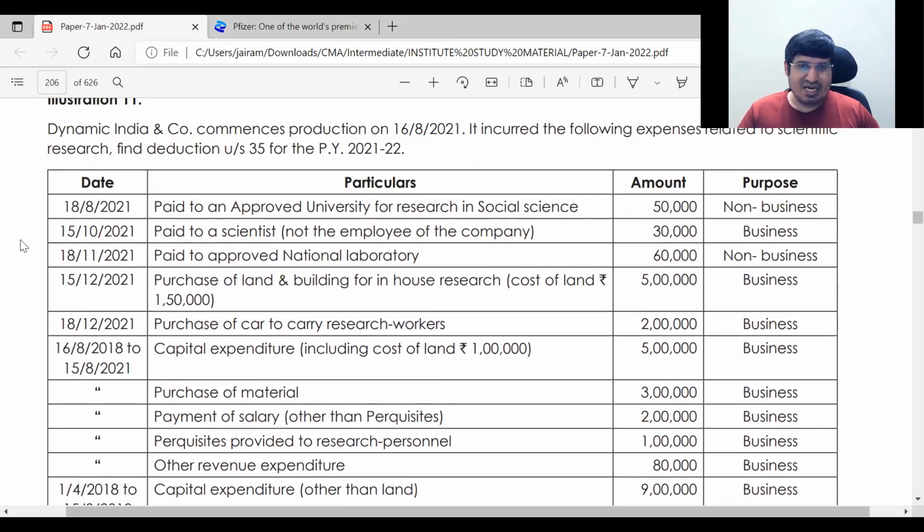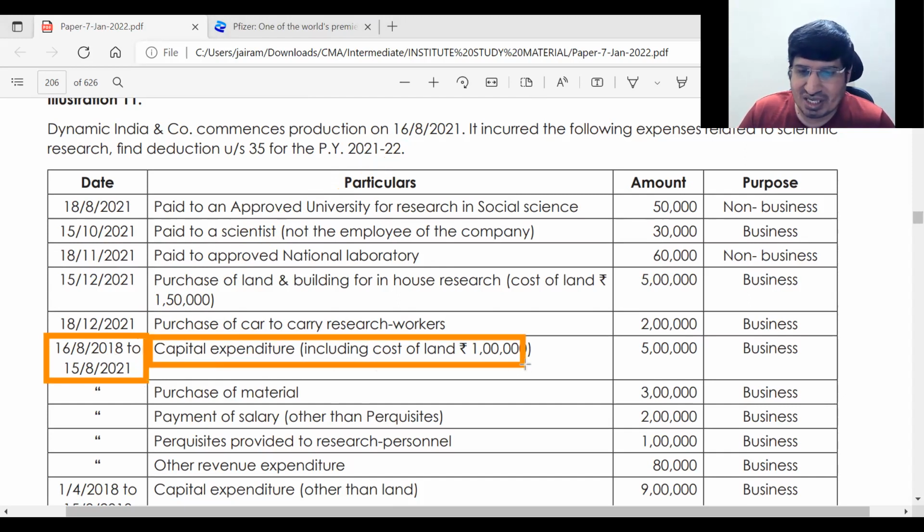चलो, now he is saying next date range is given 6/8/2018 to 15/8/2021. Now 15/8 is how much? 1 day earlier than commencement of production, 15/8, and 16/8 to 15/8 is 3-year period, 16/8/2018 to 15/8/2018, ये 3 साल का पीरियड है, okay, so 3 years period, and what he has done, capital expenditure including cost of land, so he'll get this,